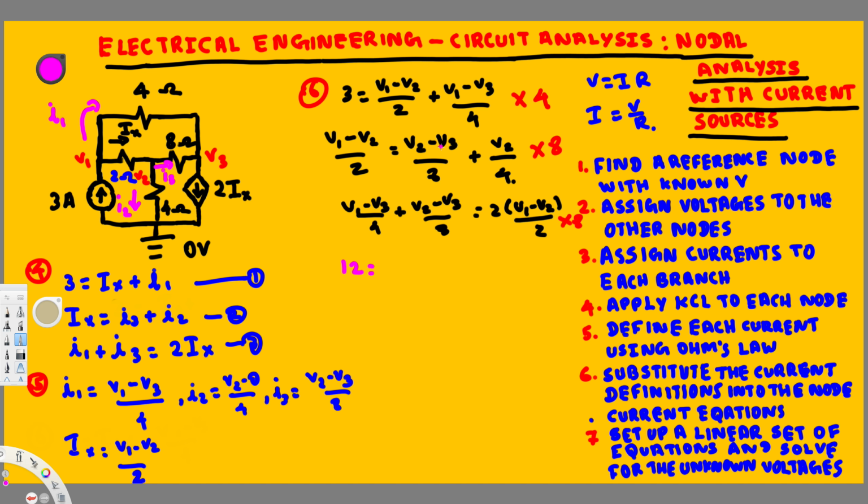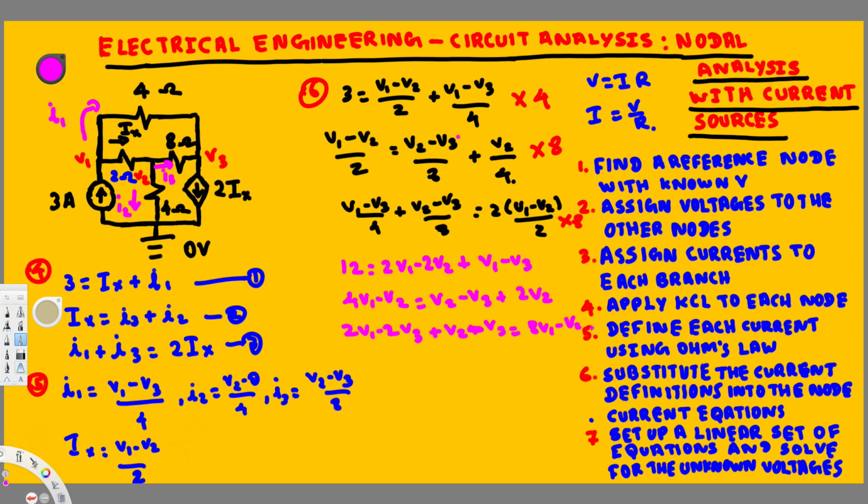So 2 times V1 minus V2, that's going to be 2V1 minus 2V2, plus this is going to be just V1 minus V3. And the second equation is going to be, we are going to have 4 because 8 times this 2 is going to be 4 on top. We are going to have 4V1 minus 4V2 is equal to V2 minus V3 plus this is going to be 2V2, right? And the third one is going to be 2V1 minus 2V3 plus V2 minus V3 is equal to 8V1